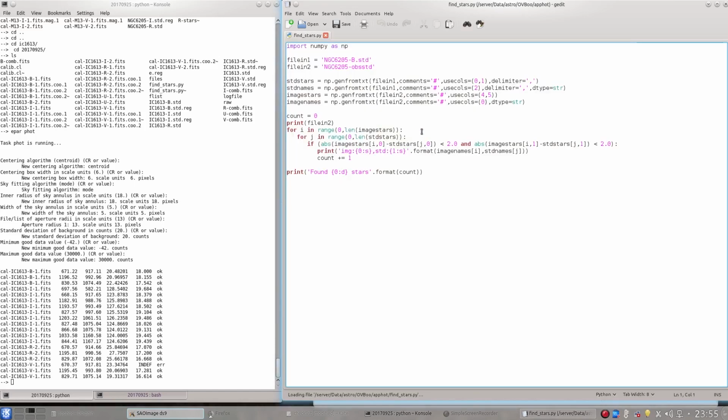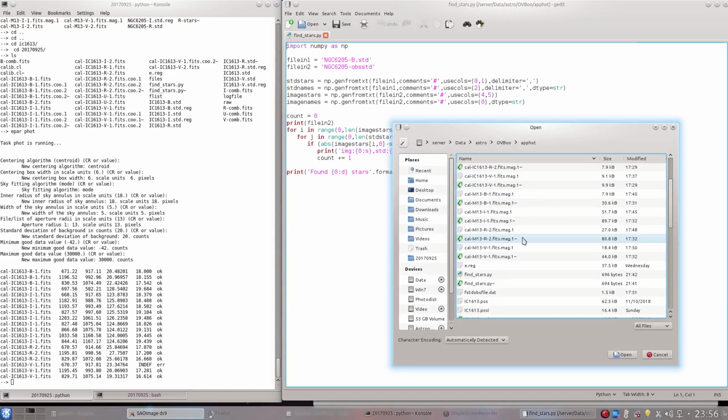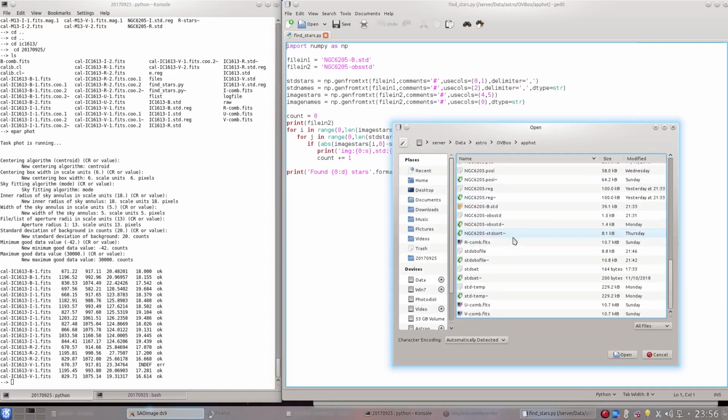So this script is a little bit different. Not much, but a little bit. So what I've done here is I've just added a few things. So I still have standard stars and the standard star names, but then I've taken the image stars from this file here, which I call NGC up standard. So what I've done is that I've opened, let's just take for example, that's the last one I did it on. Let's just say I've taken